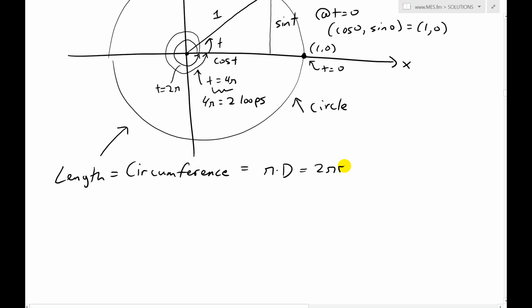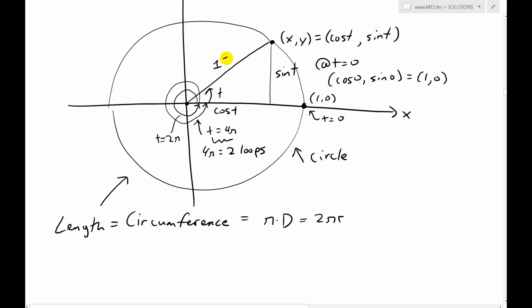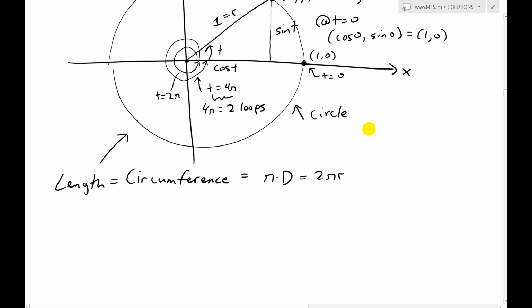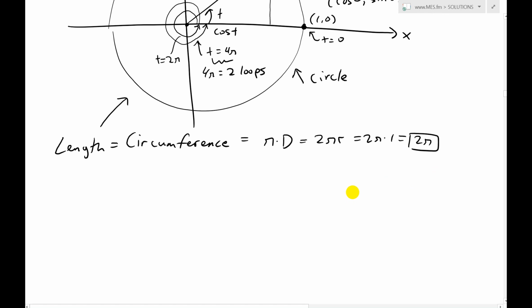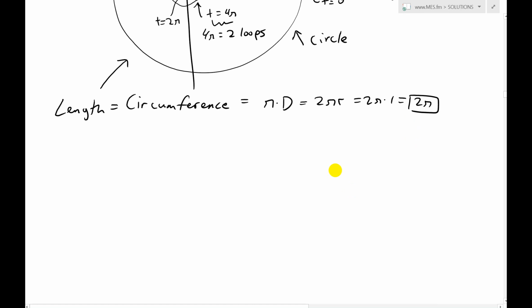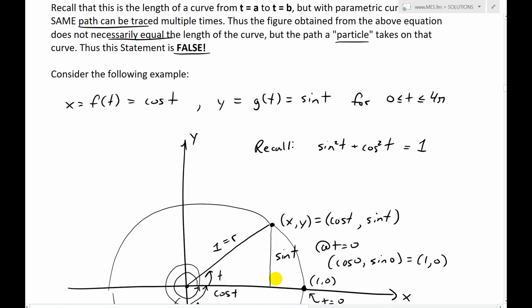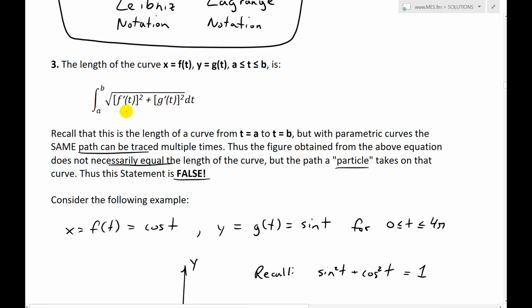Diameter is just 2 times the radius, and r is, in this case, 1. So this equals 2 pi times 1, which just equals 2 pi. So the length of the circle, or this curve, or the circumference of the circle is 2 pi. But the issue we have here is if we plugged in this above equation, this right here, which is